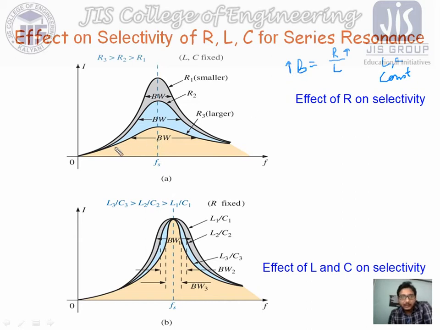So for this first graph, the maximum value of the curve is this one, and corresponding to this maximum value, this is our IM3 for resistance R3, and the corresponding RMS value will be over there. The corresponding bandwidth, omega 2 and omega 1, will be over here. And similarly, if we decrease the resistance, then our bandwidth will also decrease.